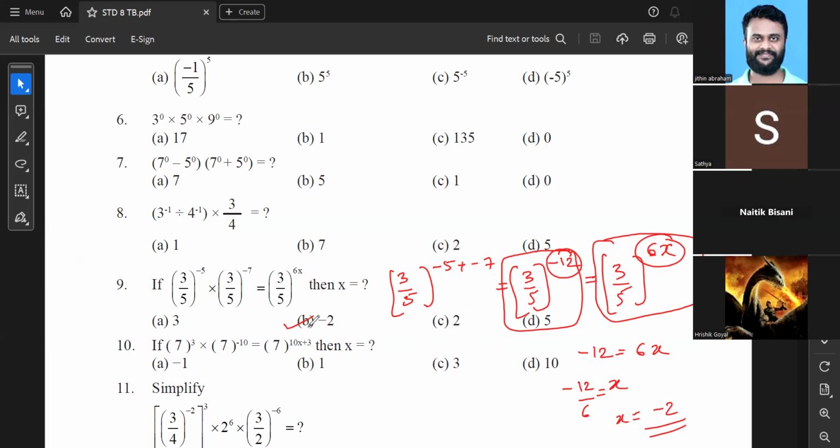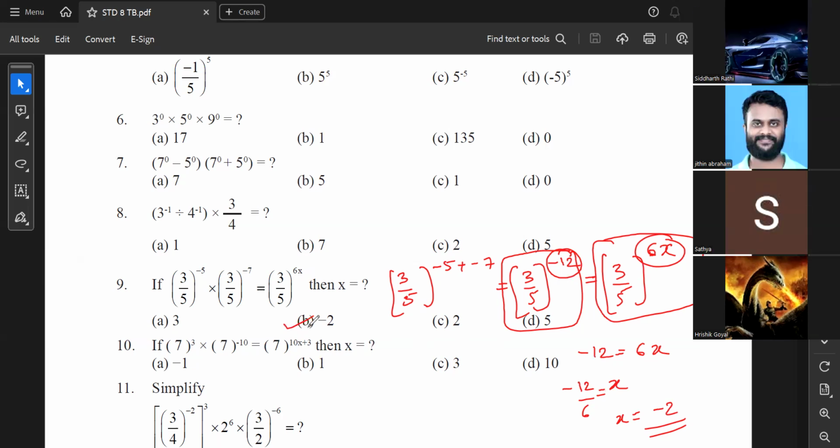The 10th one is -1. Okay, before I proceed, Siddharth, do you have any doubt? Please let me know. Sir, I don't have any doubt, but we just finished laws of indices in school,